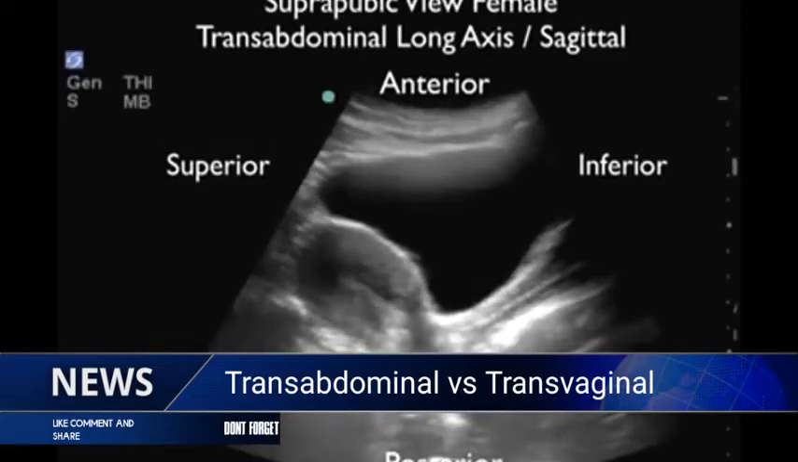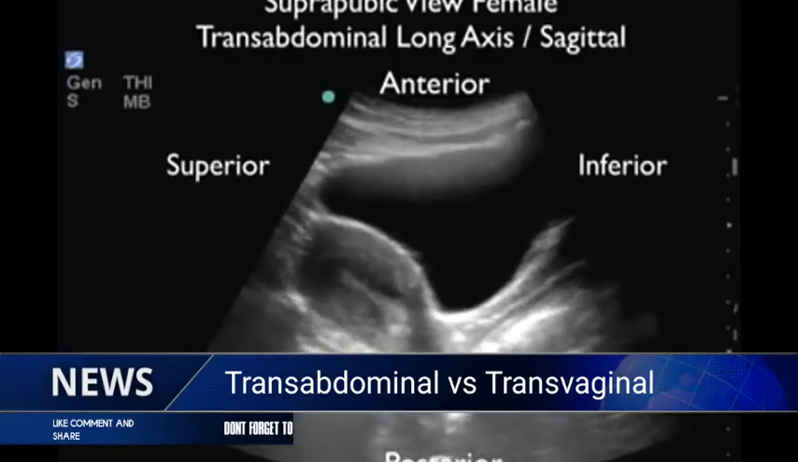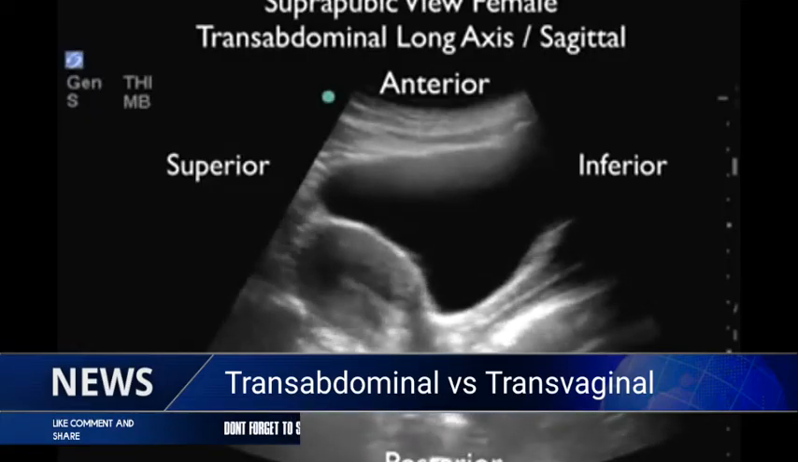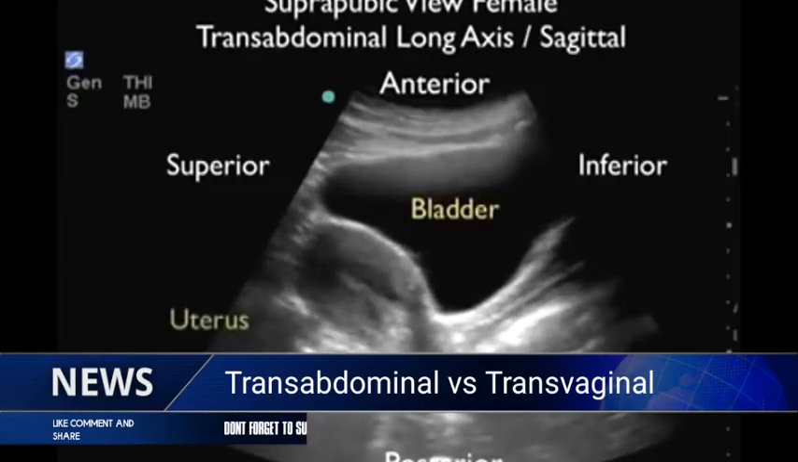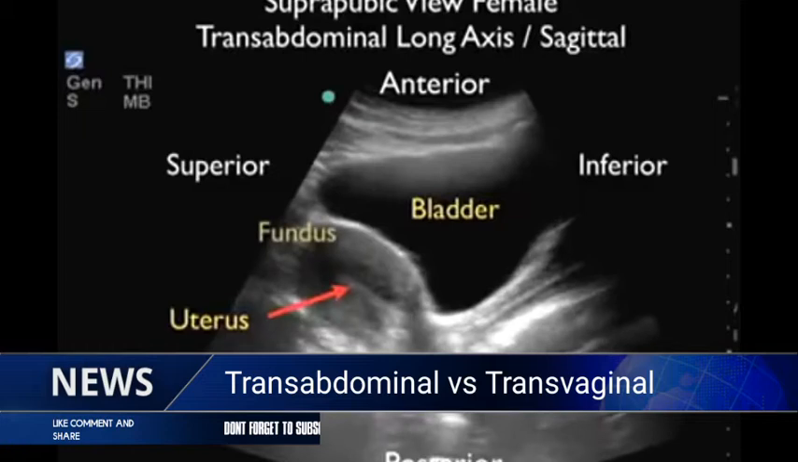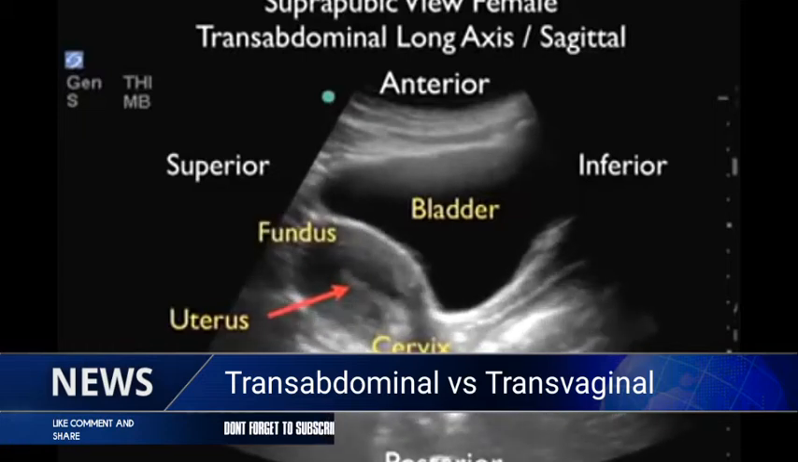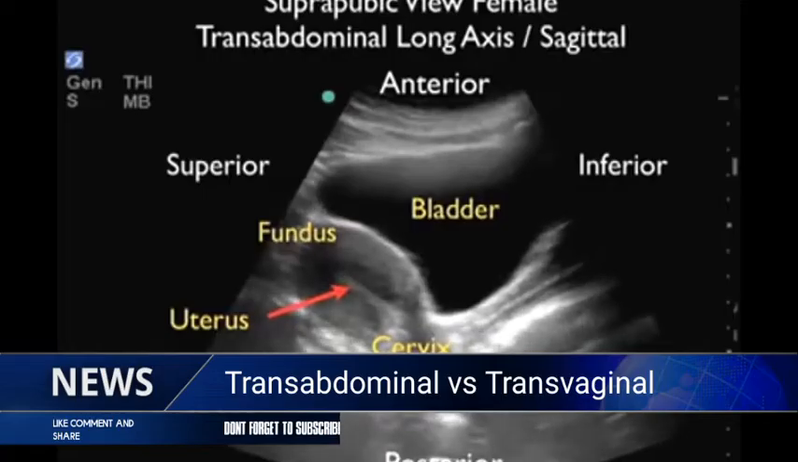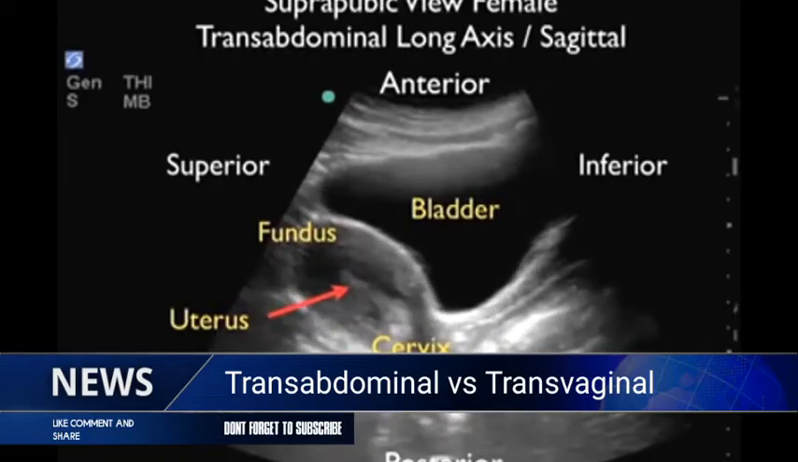Here's another image taken from the transabdominal long axis or sagittal view through the female pelvis. Again, superior to the left, inferior to the right, anterior to the top, and posterior all the way to the bottom of the ultrasound screen. Again, we see a distended bladder facilitating our ultrasound view from the transabdominal approach, the fundal region of the uterus to the left, cervix to the right, and we can see the endometrial stripe, that white line going from fundus